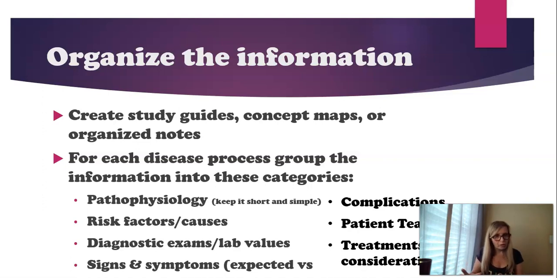Most students don't do it that way. Most students will take the information that they get in class, their notes, they'll combine it with what they've seen in the book, and they will then reorganize it into a nice concept map or a nice study guide with headings or very organized notes. So we want our information organized. So for example, if you're doing Parkinson's, MS, and say seizures, you would want, for each of those,